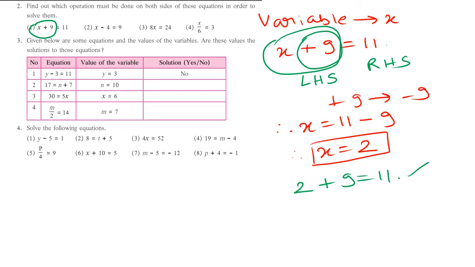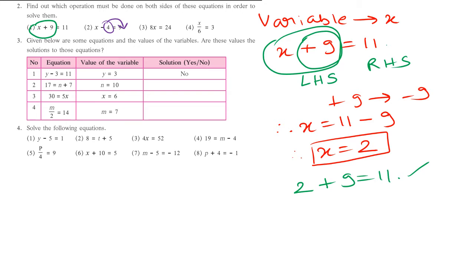So now you can similarly do the second one. Here you see minus, take it to the other side, you will get 9 plus 4, which is 13. Okay, and if you have any query, then write to me in the comments or ask me in the Telegram group and we will get it solved.